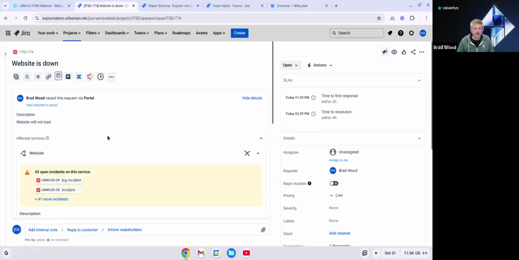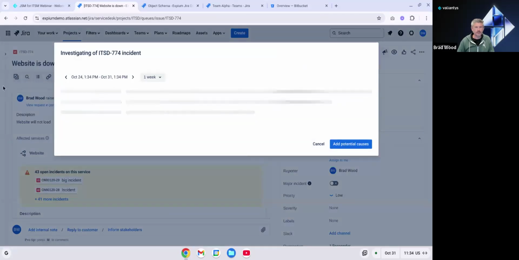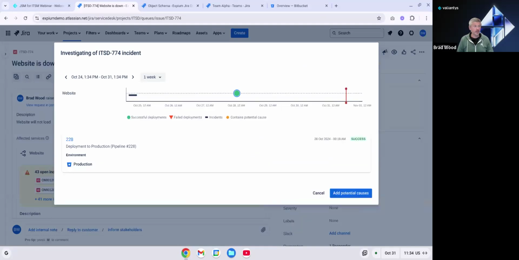If we scroll to the top of our ticket, we also have this investigate button, and we can investigate deployments that might have happened related to this service as well. So what this is looking at is Bitbucket, which is another Atlassian product. It's our CI/CD pipeline, code repository, etc. And this is going to show any recent code deployments that are related to this service, which again is the website. So these deployments can, again, give us more insight into the incident request that was submitted as a possible